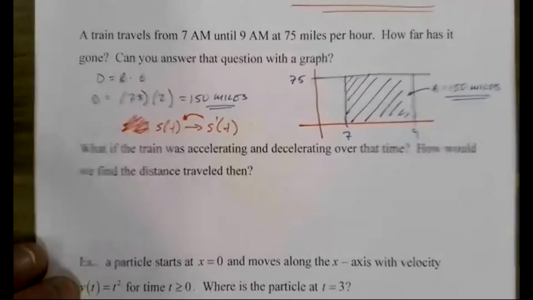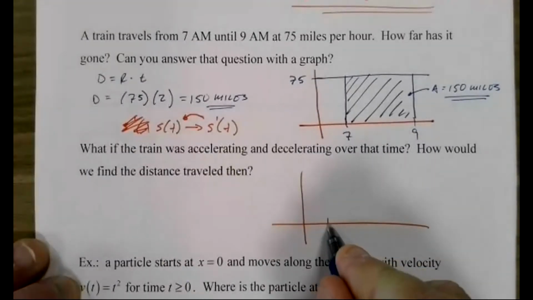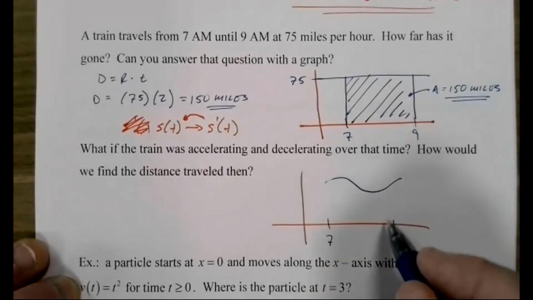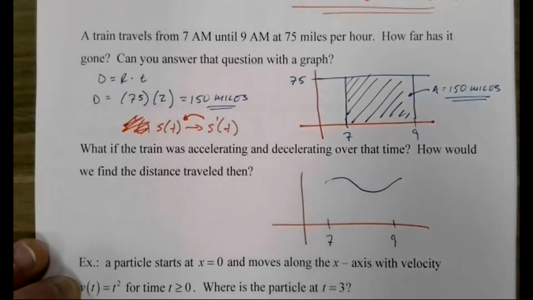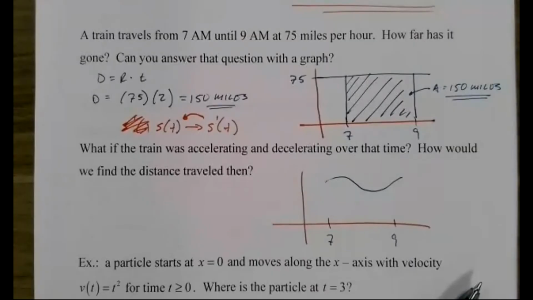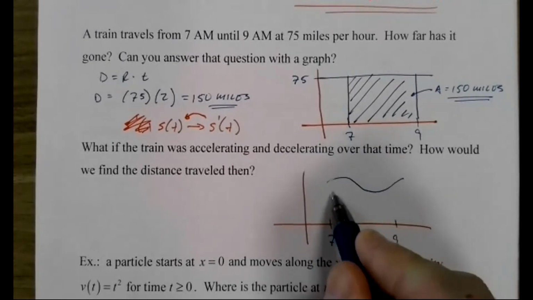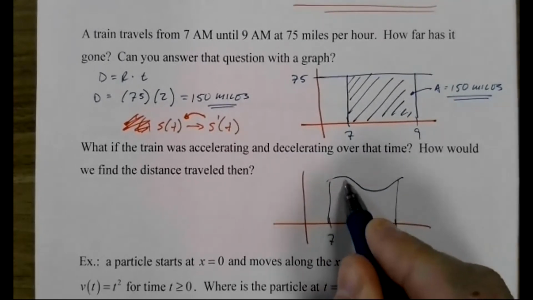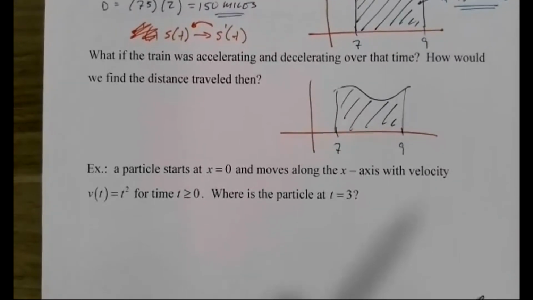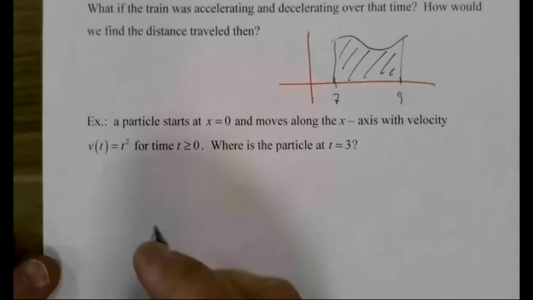What if we had this situation, from 7 to 9? So what if, sorry, got interrupted there, if it was bouncing around? How do you find that area? Well, integral calculus can do it for you exactly, but we can approximate things, which is pretty slick. So for example,